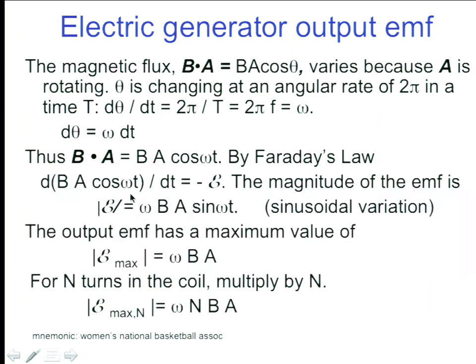Okay. So the point is omega comes out in front because of that derivative, right? The derivative of cosine omega t is omega sine of omega t. So that's where the omega comes from, and there's the B and the A. The amplitude is proportional to omega, the frequency, times B times A. And if you have N turns on that coil, each one of the turns gives you an EMF. They all add up in series, and you get omega NBA, which